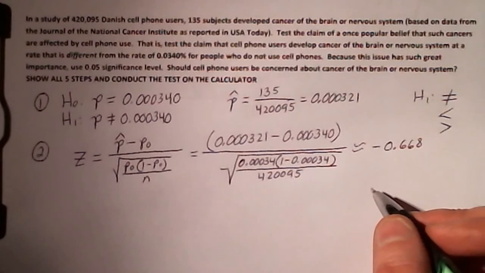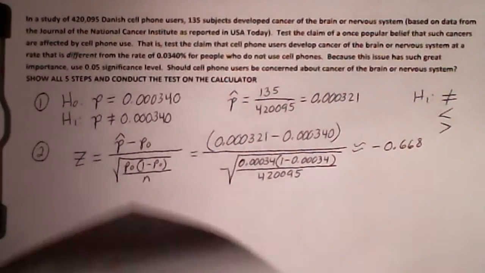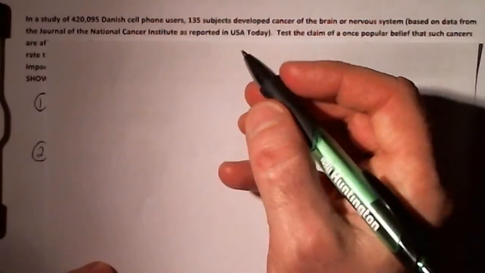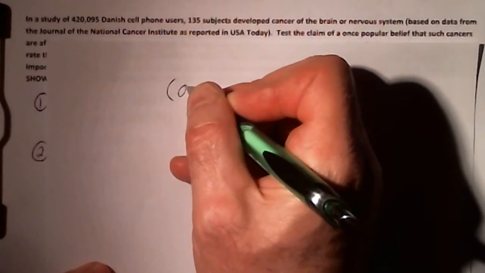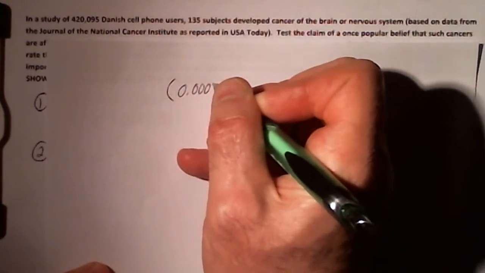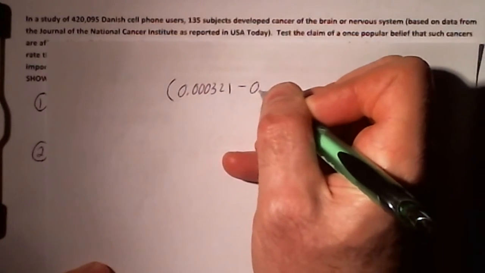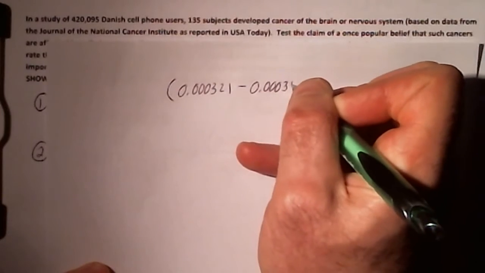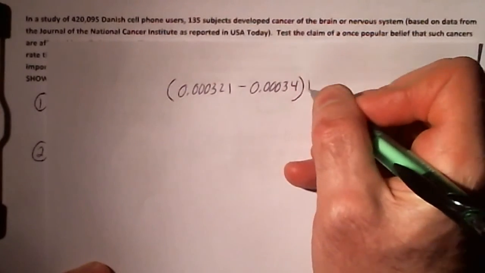You've got to be very careful, otherwise you're going to get what is called a logical error. So to type this calculation in on your calculator, you would start by hitting an open parenthesis. Then you would type in 0.000321 minus 0.00034, closed parenthesis, divided by,